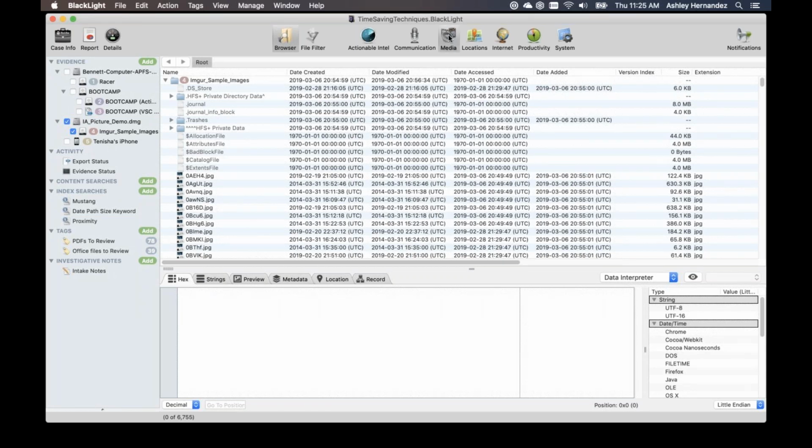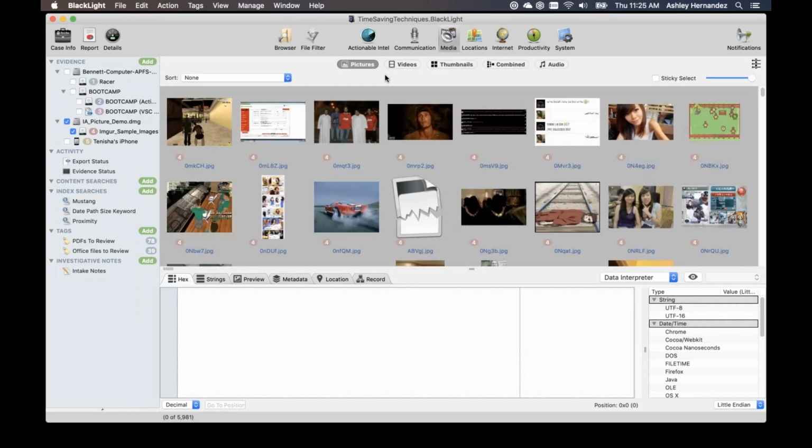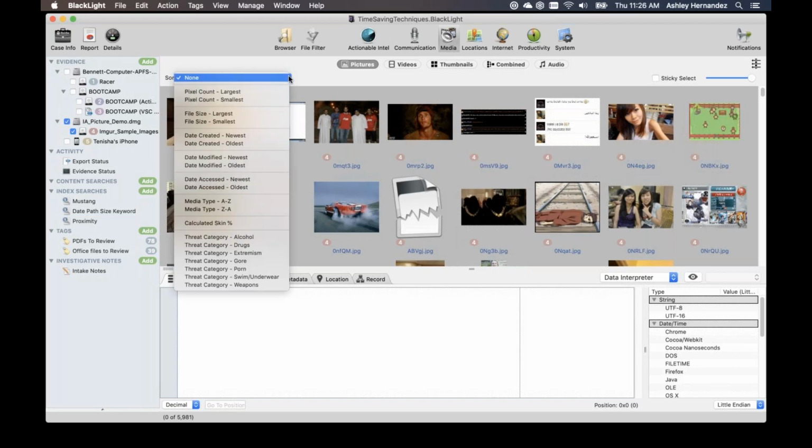So one of the things that we did improve, beyond just our ability to add image analyzers, is we've done some rework here just to make it a little simpler when we're reviewing pictures. Now, pictures is our first tab, but you'll see that we now have the ability to sort and bring up to the top of your investigation specific risky categories. So if you are law enforcement and you want to see if there's any pictures of weapons, whether it's a shooting event, or as I mentioned, maybe images of drugs, these are the categories that we currently have.